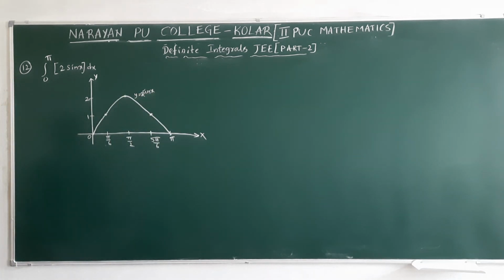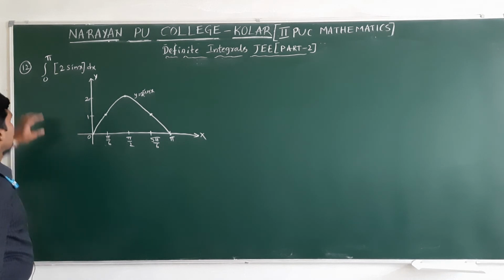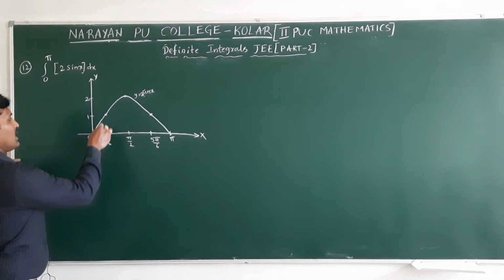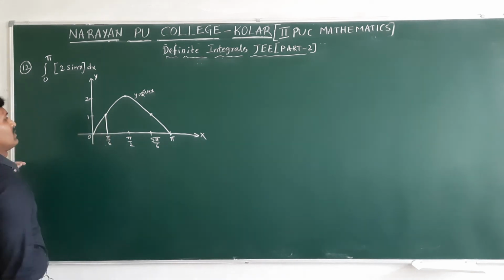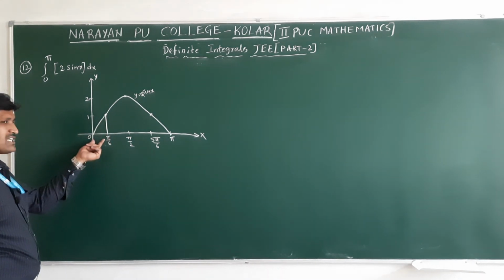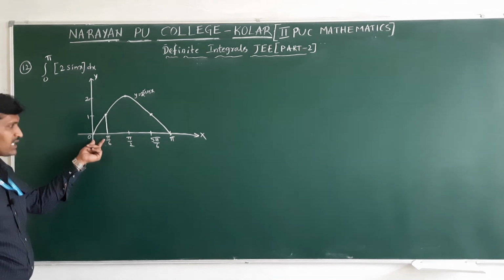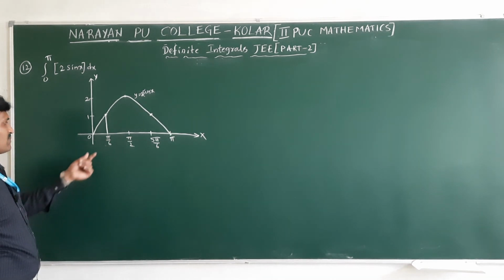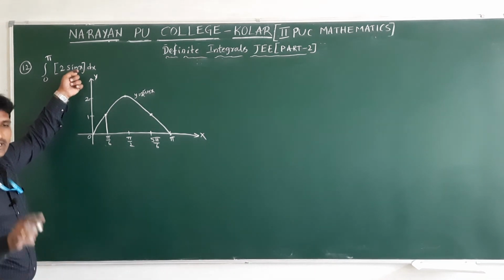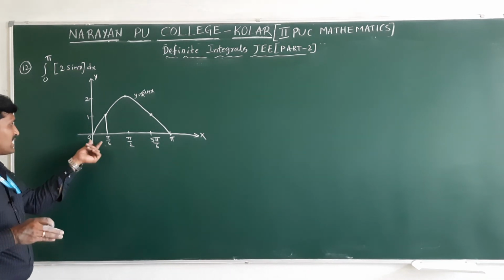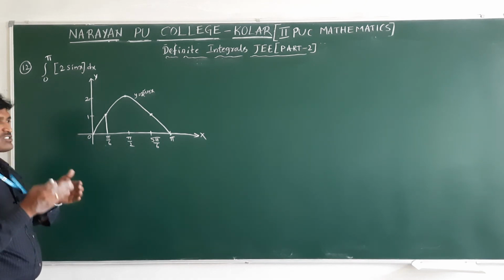But here we need the step value, between 0 to pi. If you take the exact values from here, from 0 to pi by 6 clearly we get the value 0. Any angle you can take, for example 15 degrees, sin 15 is root 3 minus 1 by 2 root 2. That is a 0 point something finally. That is the step value, it will give the preceding integer 0.